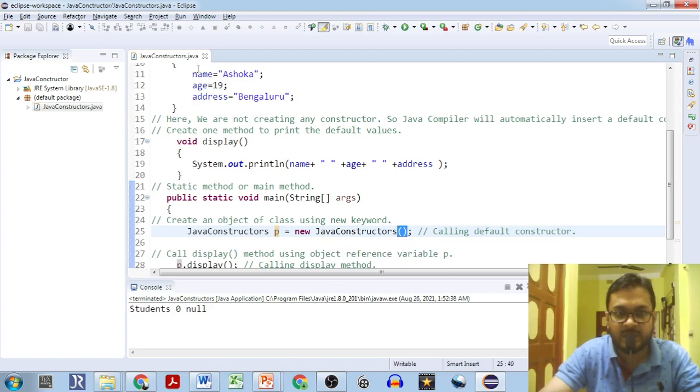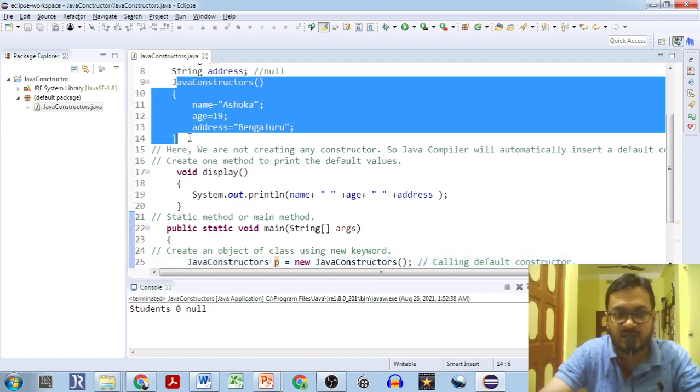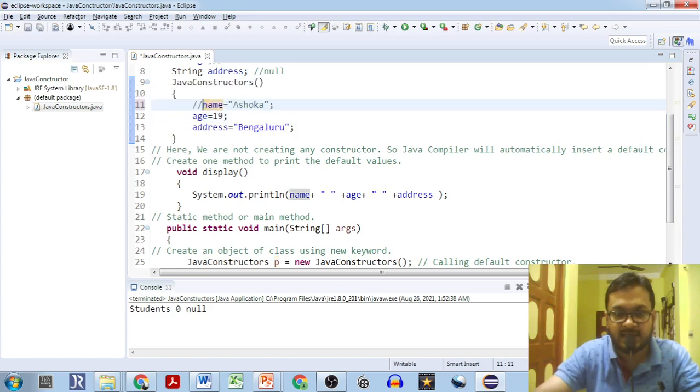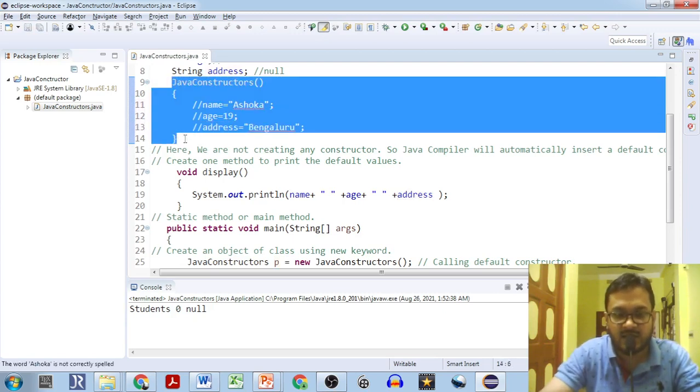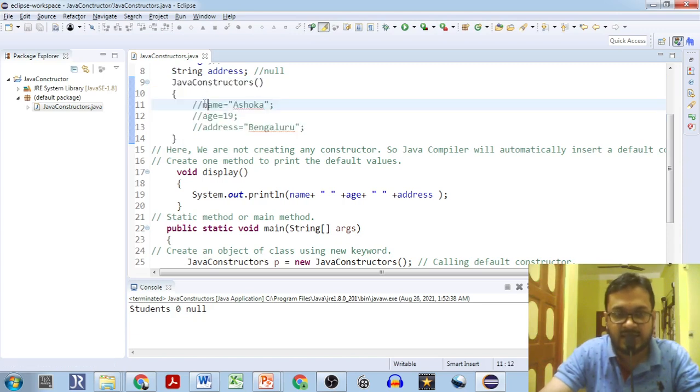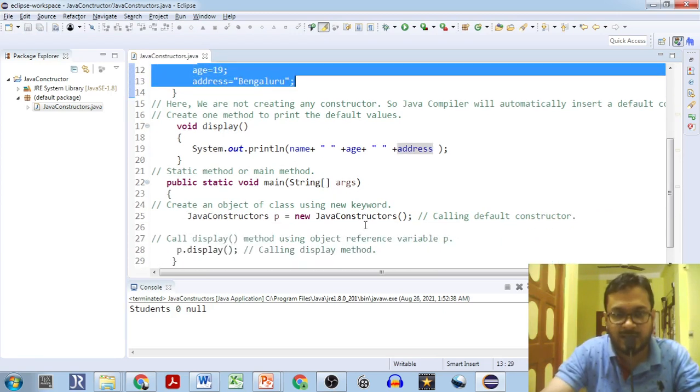Let me repeat again. This is the default constructor which will be called by Java. If we don't write anything inside, then it is as if the Java compiler's default constructor is running. In this default constructor, if we initialize some instance variables, these values will be updated, right?